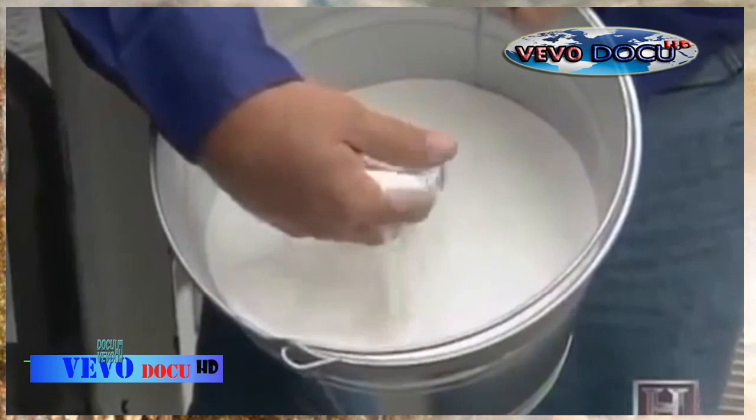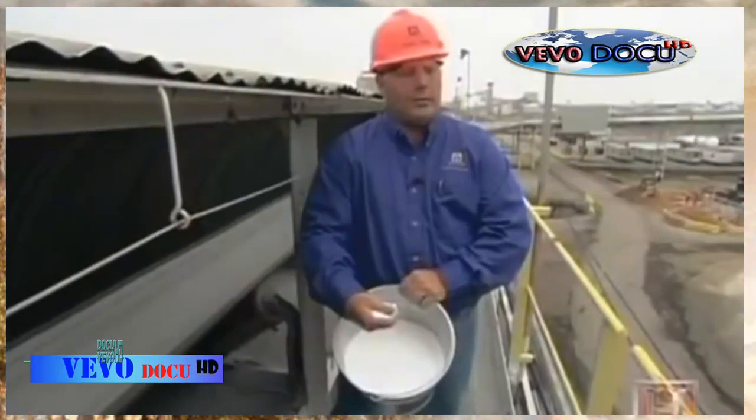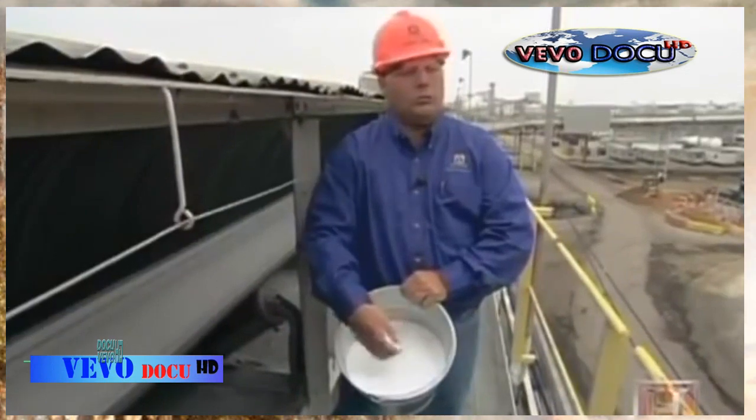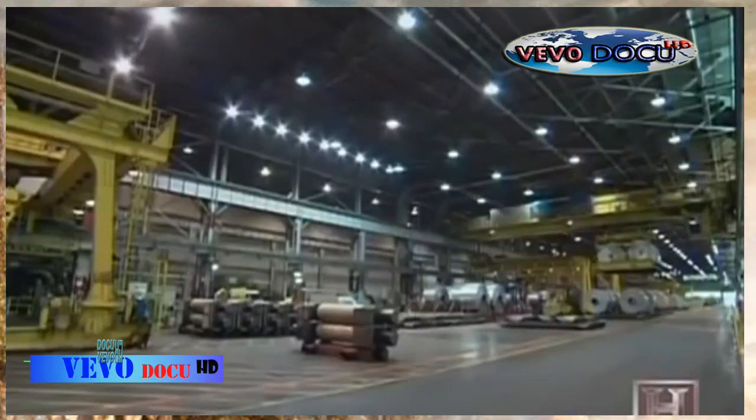Actually, there's no smell to it at all. It's got a real granular feel to it. It's a little more coarse than what talcum powder is, more like salt. Inside the 120-acre mega complex, 700